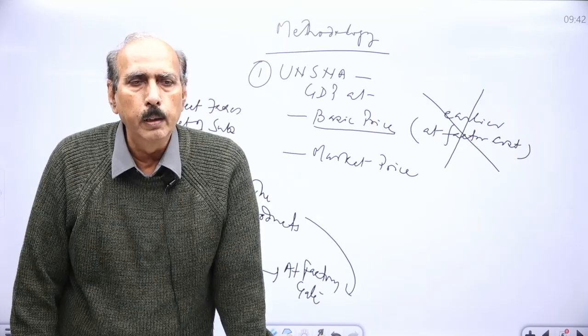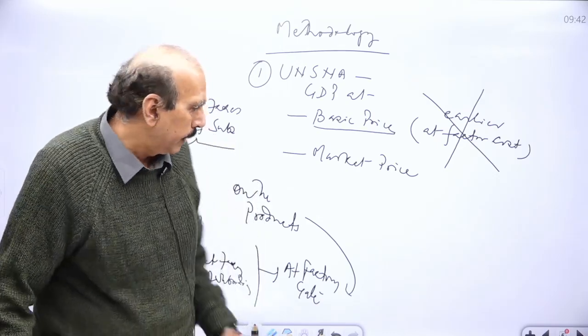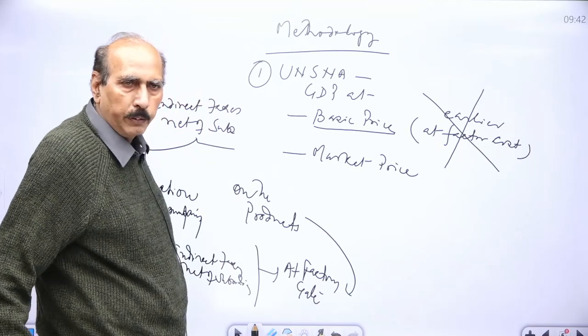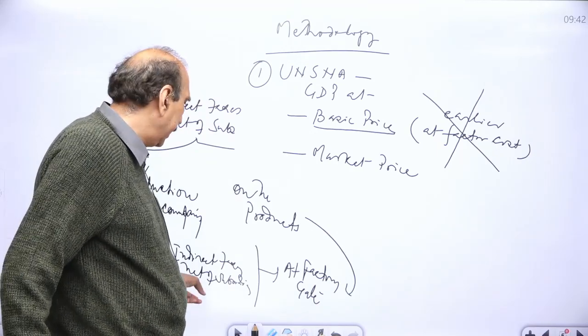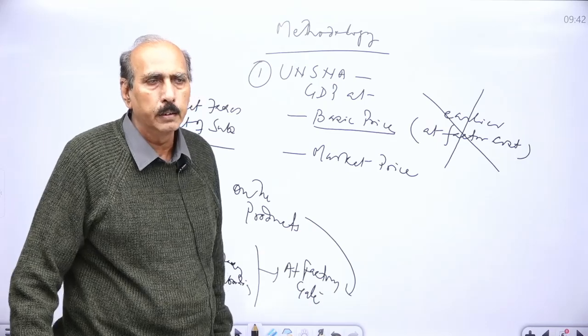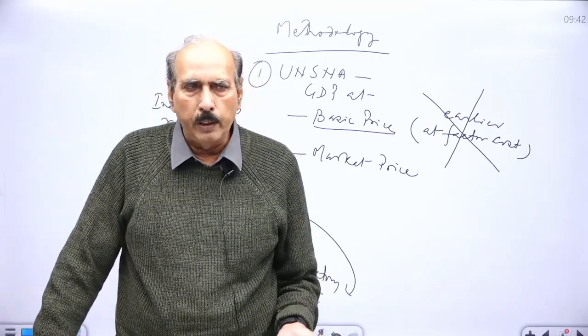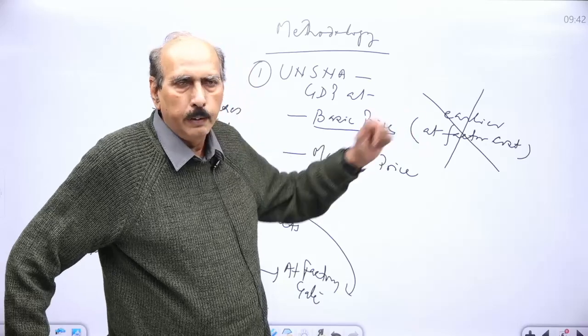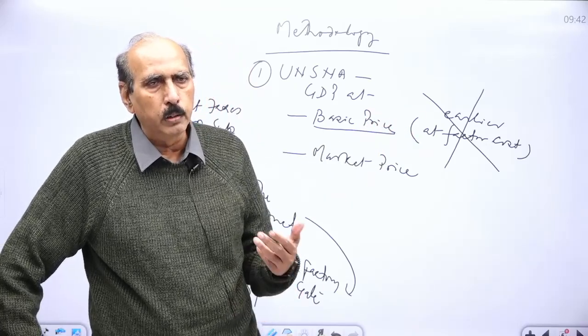नहीं, लैंड, लेबर और इनकी कॉस्ट तो पहले भी थी. अब जैसे मैंने यहाँ लिखा है, बेसिक प्राइस, फैक्टर कॉस्ट तो है ही, प्लस उस पर हमने इनडायरेक्ट टैक्स नेट ऑफ सब्सिडी ऐड कर दिया, दैट बिकम द बेसिक प्राइस. फैक्टर कॉस्ट पहले भी हम कैलकुलेट कर रहे थे, जब हम जीडीपी एट फैक्टर कॉस्ट निकाल रहे थे तब भी.